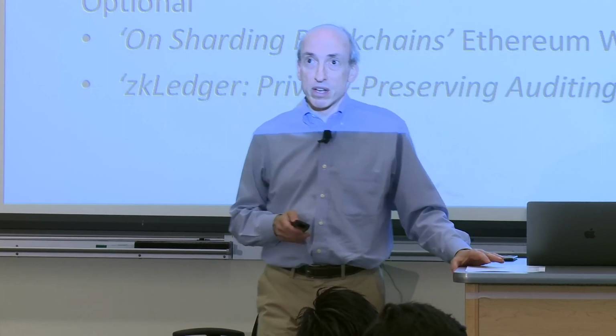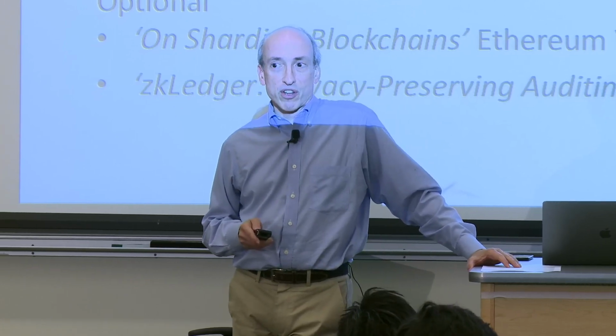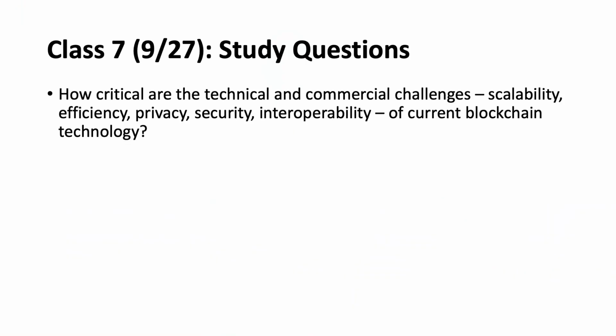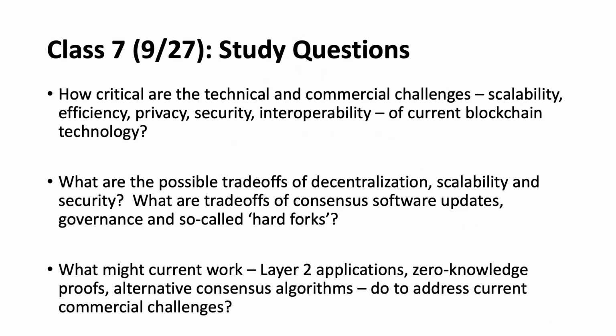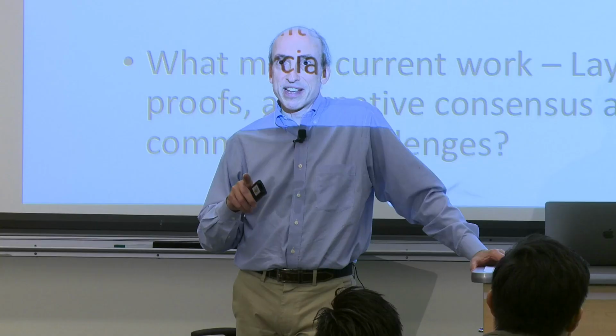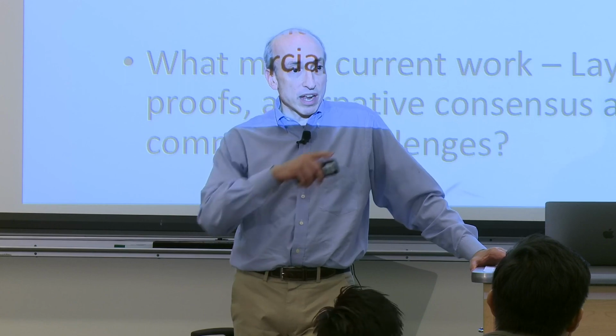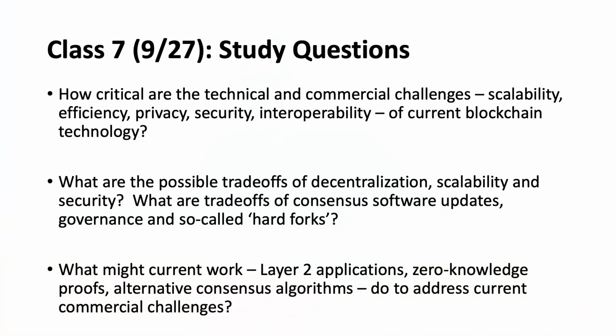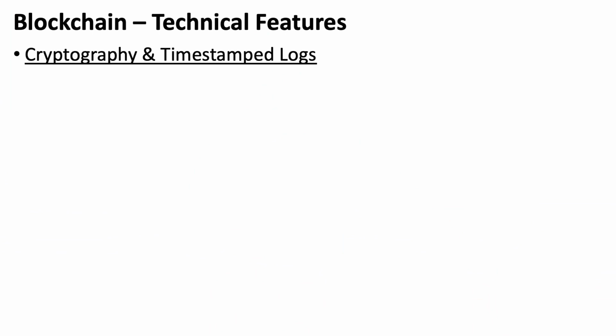So unless there's other points, let me just go through some of how I thought about these things and laid it out. And of course, the study questions we've been talking about, so I'll come back, but we will talk a little bit about hard forks, and I didn't hear anybody talk about interoperability, so we'll come back to that as well. We've talked more about performance and privacy issues. Just back to the technical features, it's just repetition, sorry, but I do think it's worthwhile.